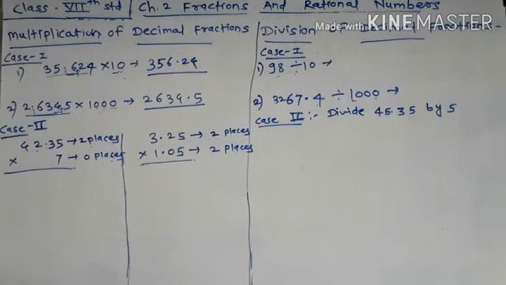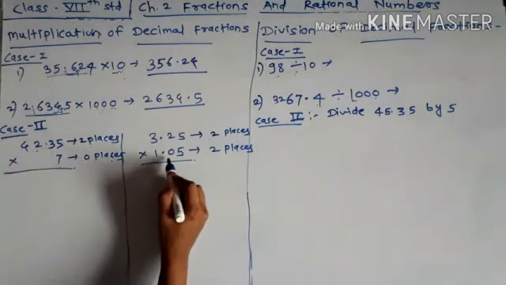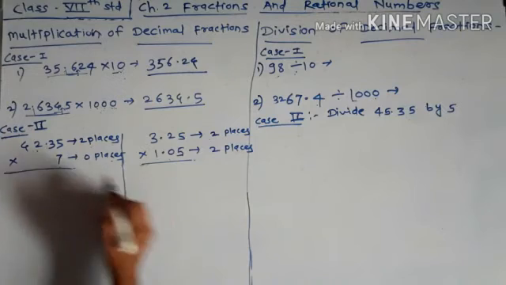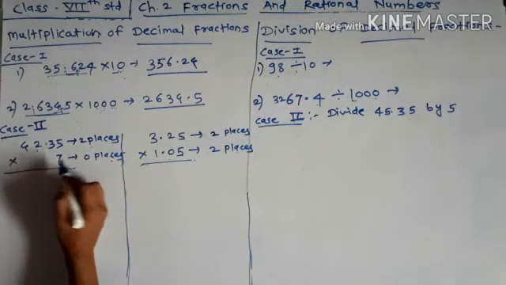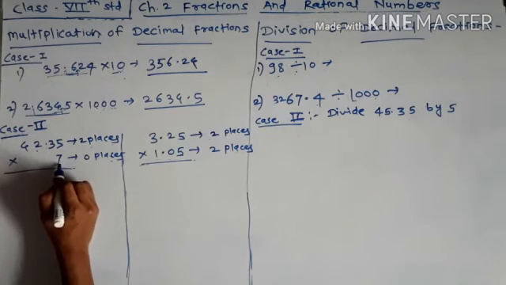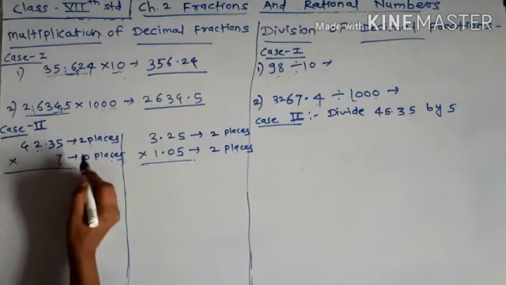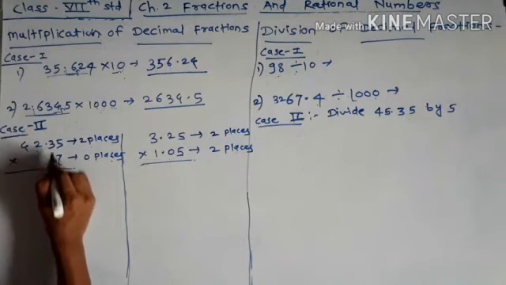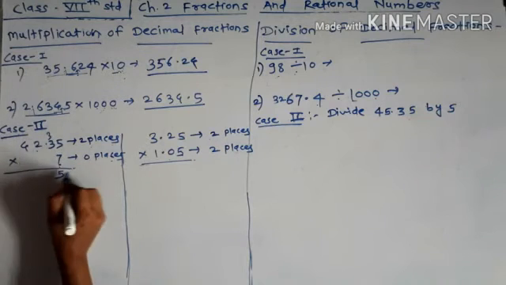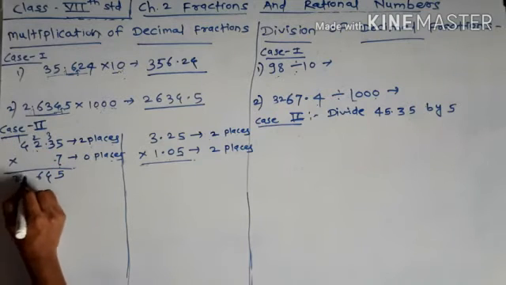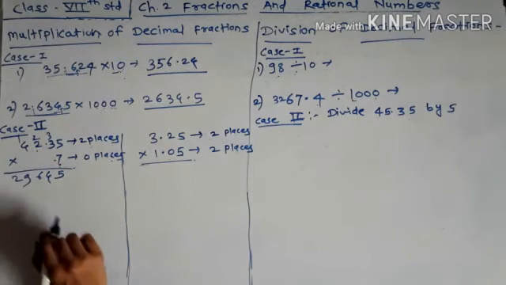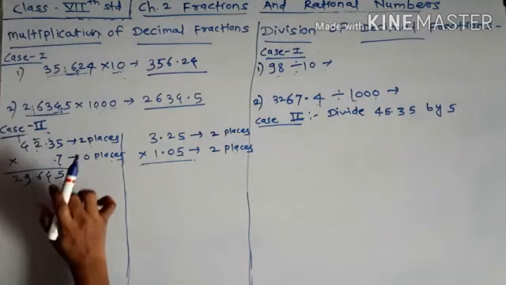Now in the second case, when we multiply the decimal fractions with a whole number or by decimal fractions, we first multiply the decimal fraction by the number. That is, here first we multiply this decimal fraction by 7. That is 7 5s are 35, 21 plus 3, that is 24, 16, 7 4s are 28 plus 1, that is 29.